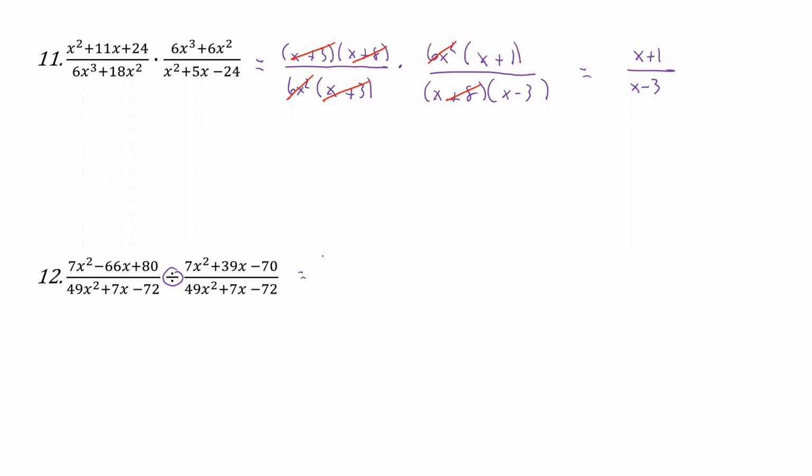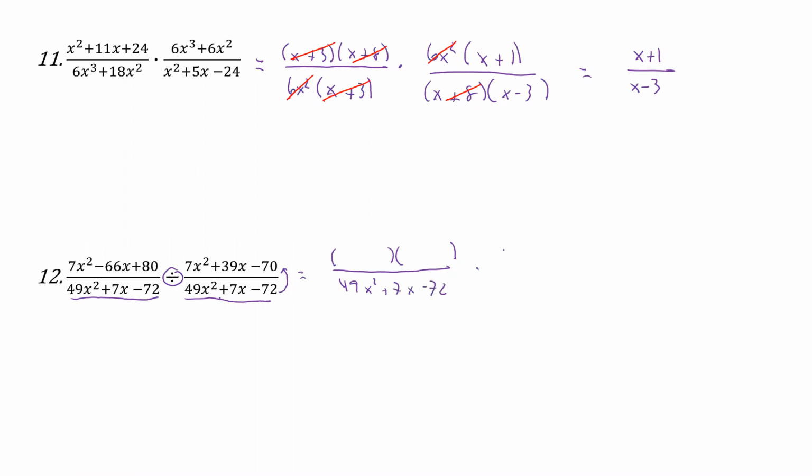All right, so the first thing I'm going to do is, one thing I notice here, I have the same thing here and the same thing here. Now remember, I'm multiplying by the reciprocal, so this is going to go to the numerator when I have it, and so I'm not even going to factor those because they're going to cancel out. So really, all I have to factor is the numerator here, the denominator, that looks like it's going to cancel out,